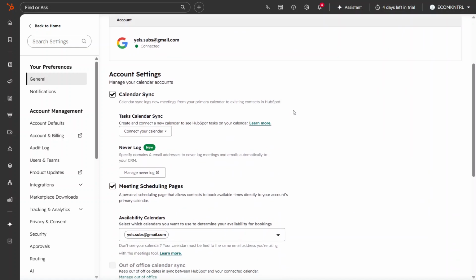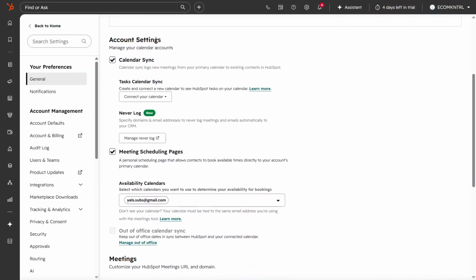One of the main options you'll notice is Calendar Sync. Make sure this is enabled if you want HubSpot to communicate with your external calendar, such as Google or Outlook. Under this, there's a specific option called Tasks Calendar Sync. This allows you to create and connect a new calendar where your HubSpot tasks can appear. It's a helpful way to manage your to-dos directly from your calendar, so you don't have to constantly switch between